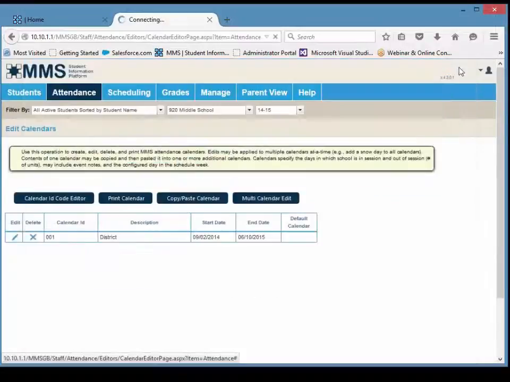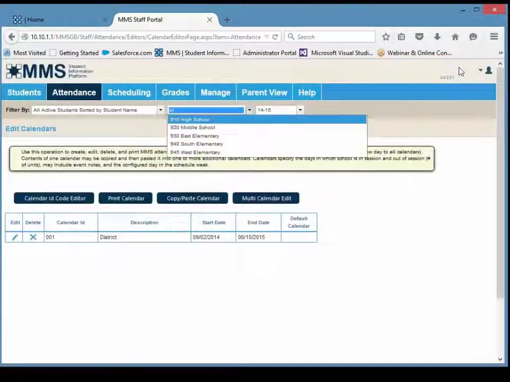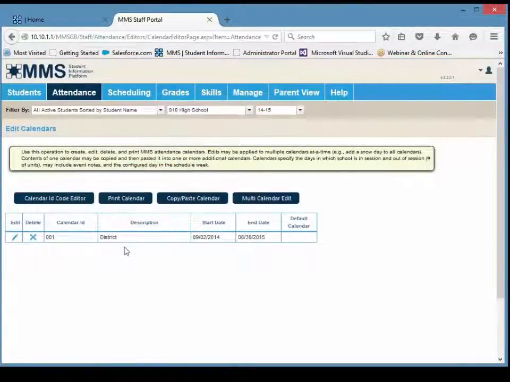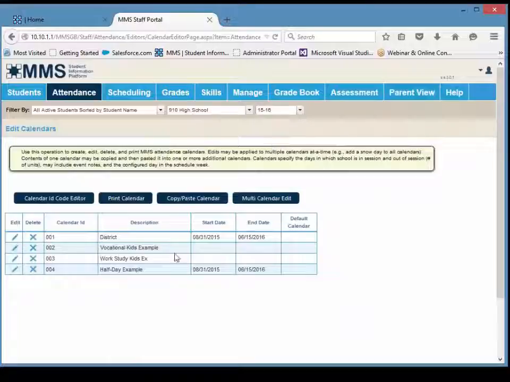If I close out of here and I go to the high school, it has multiple calendars, and I can specify which is the default so that when I'm adding a new student in, it's going to use that one by default. You can copy and paste between calendars, so if I did have multiples, it would let me see that. Excuse me, wrong year. There we go. So I have multiple calendars, and I can do a multi-calendar edit, which gives me the ability,